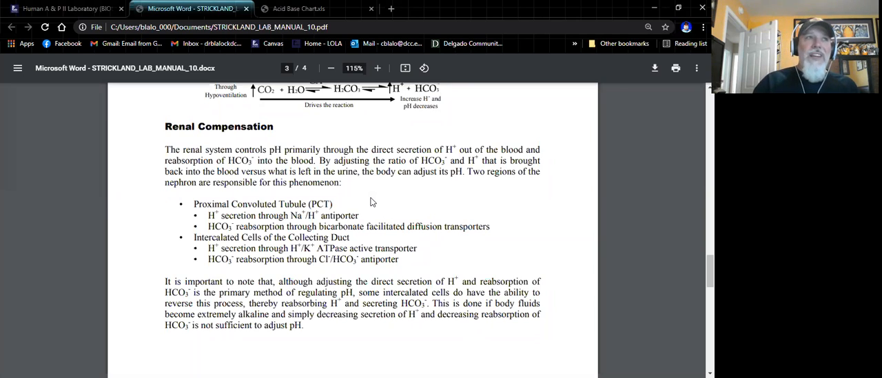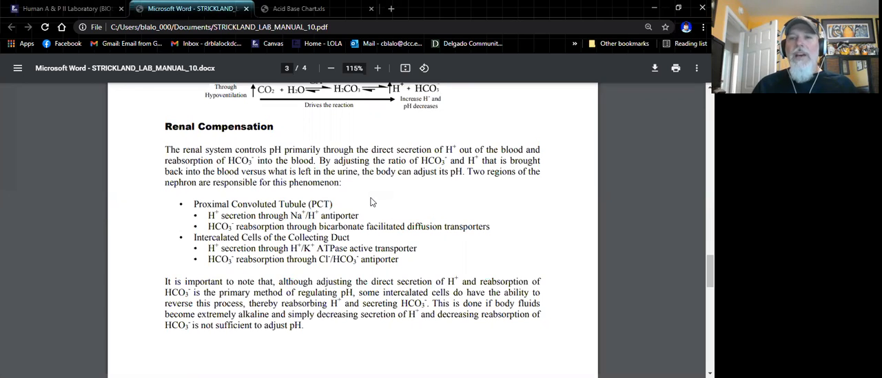Why? Well, now we've got to get the blood to the kidneys. We've got to filter it out through the glomerulus. Then we've got to send all that filtrate through all those tubules that we talked about last week. And we've got to take stuff out and put stuff in, take stuff out and put stuff in. And so renal compensation is going to take longer than respiratory compensation, but it's a more effective means of balancing